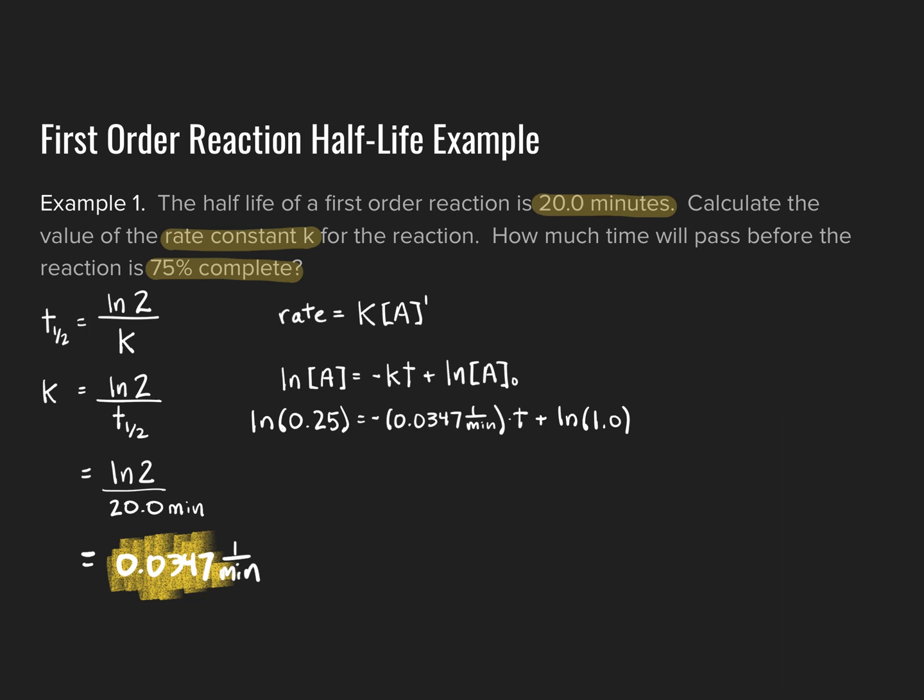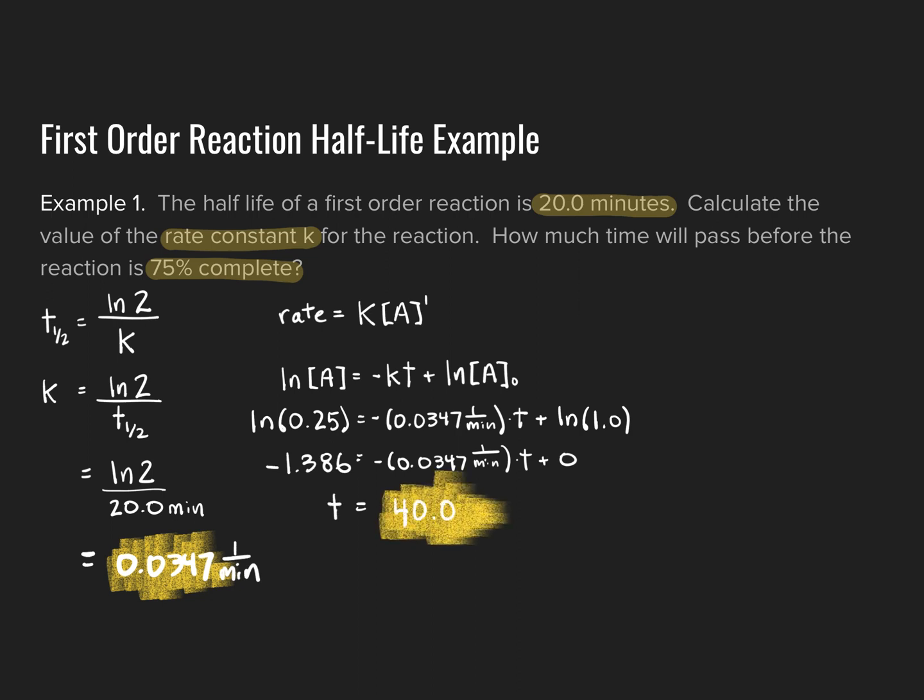Simplifying mathematically using my calculator, the natural log of 0.25 yields a value of negative 1.386. That is equal to negative 0.0347 inverse minutes times t plus the natural log of 1, and again that natural log of 1 is 0. And then dividing here by negative 0.0347 inverse minutes yields a time t of, not surprisingly here, 40.0 minutes,